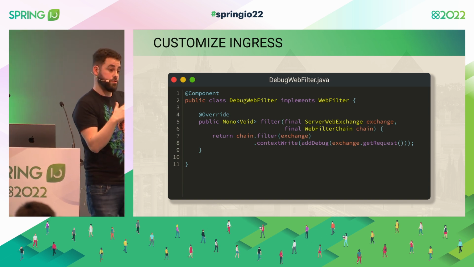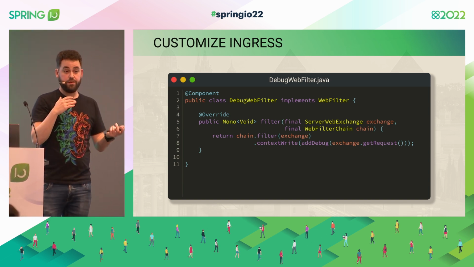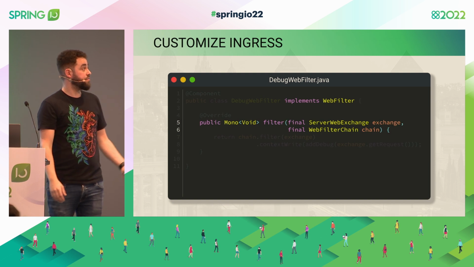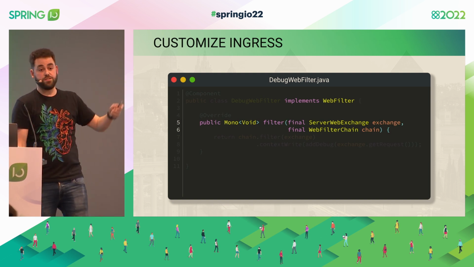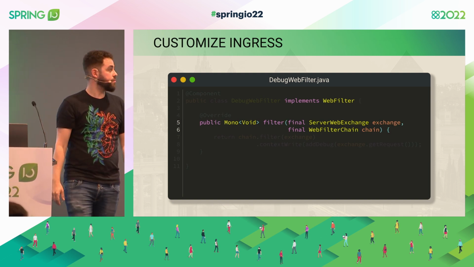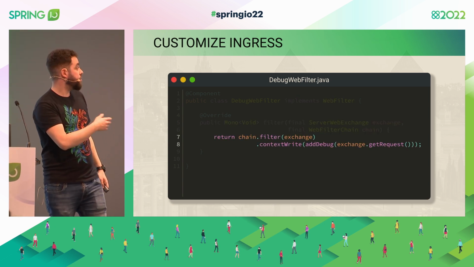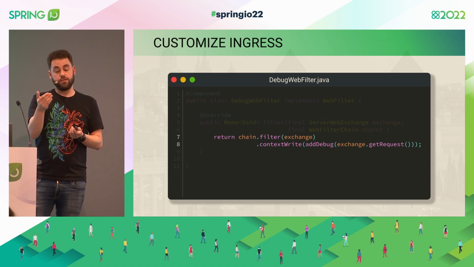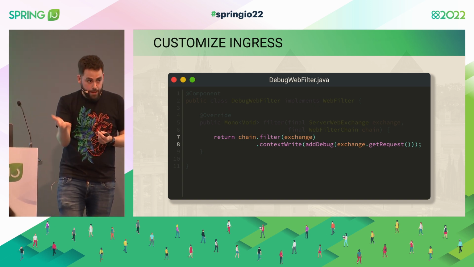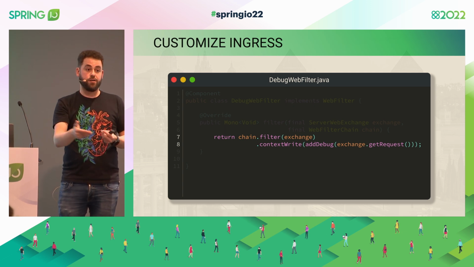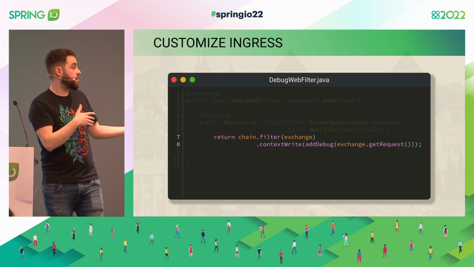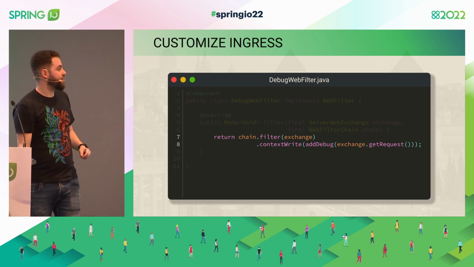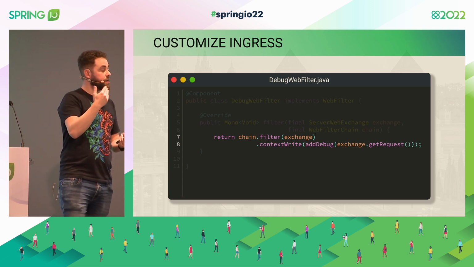For WebFilter, so for WebFlux applications, so reactive applications, it's going to be almost the same. We have a different interface. WebFilter, ServerWebExchange will have both request and response available there, and we still have the chain. The only difference is that in reactive applications, we actually don't have a thread per request. What we have is this kind of event loop, where we have I/O workers that are going to take care of the, not randomly, but we cannot anticipate it, are going to take care of the I/O callbacks.